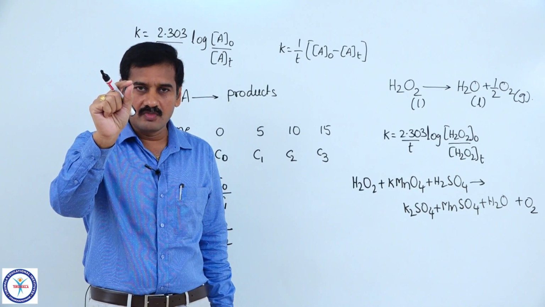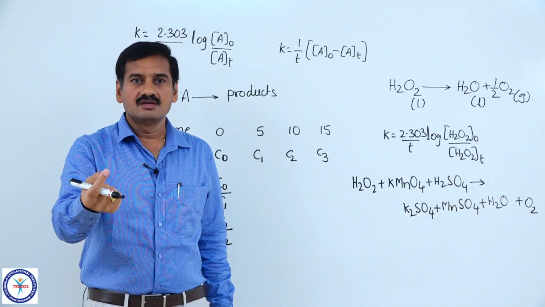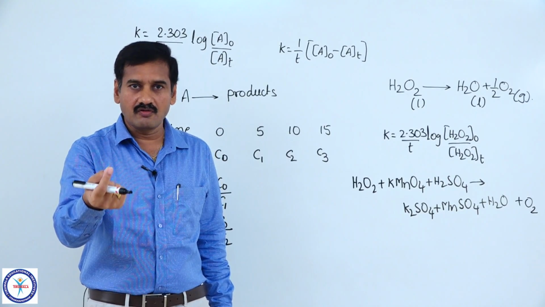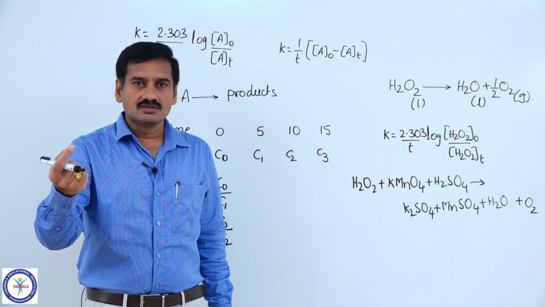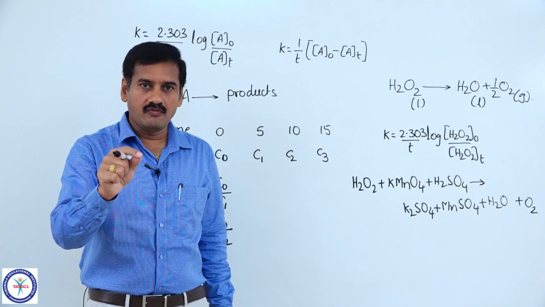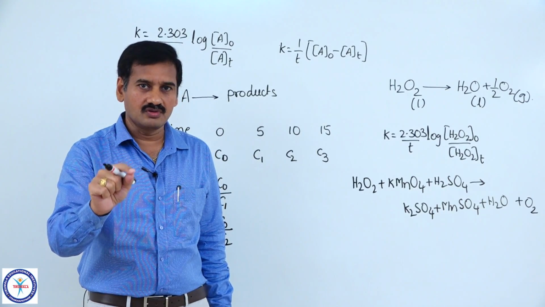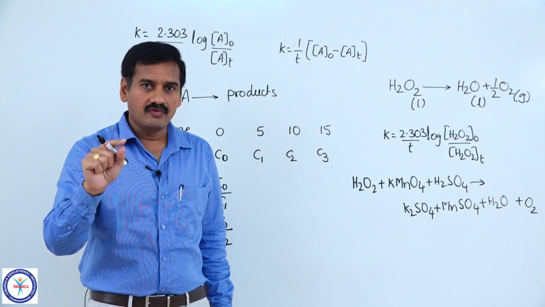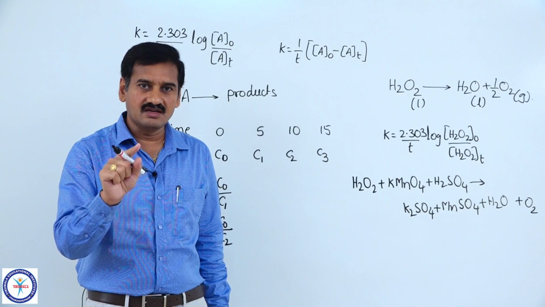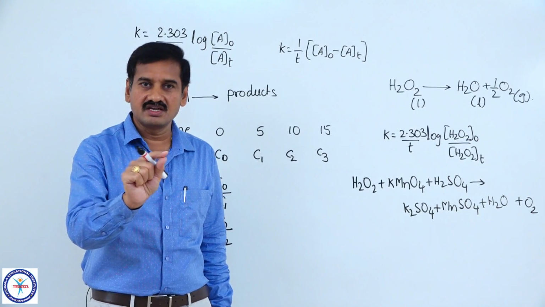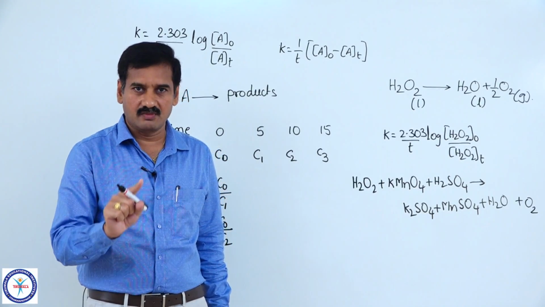By the addition of KMnO4 solution dropwise, after addition of some quantity, say 20 ml of KMnO4 solution, you may get a color change. So, after addition of 20 ml of KMnO4, if we are getting a color change, then we have to conclude that 20 ml of KMnO4 solution is just sufficient for oxidizing all the 100 ml of hydrogen peroxide taken in the conical flask, right. That is one experiment.